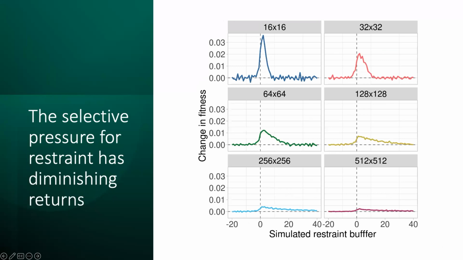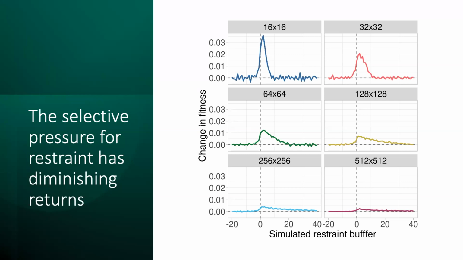Our second key finding was that selective pressure for restraint has diminishing returns. Here we examined the fitness benefit of 1 additional bit of restraint for different organism sizes and restraint levels. While increases in restraint are always beneficial, we observed a diminishing return in that benefit in practice. Small organisms see the greatest fitness boost just above the restraint threshold, after which the fitness advantage for additional restraint